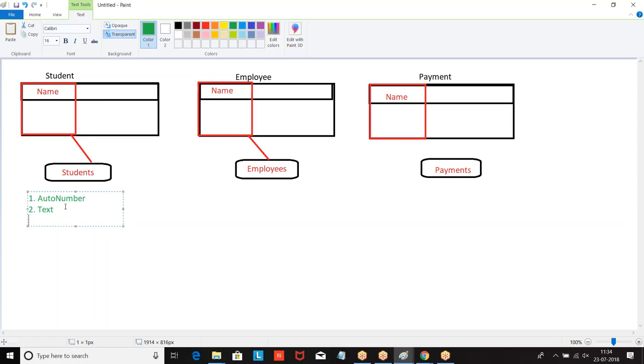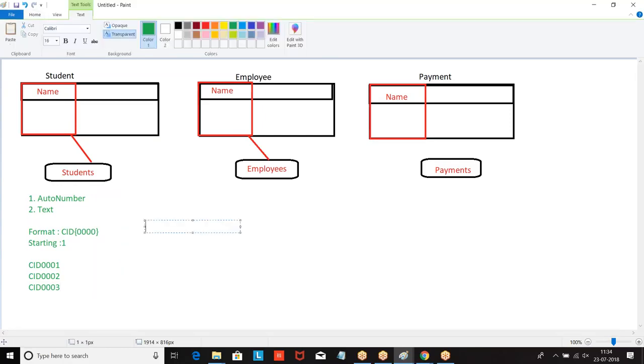Let us take an example. I told format CID, each 0 indicates 1 digit, starting with 1. So when a new record is created, for every new record it automatically assigns the number. System will auto increment the number based on the format we have given.